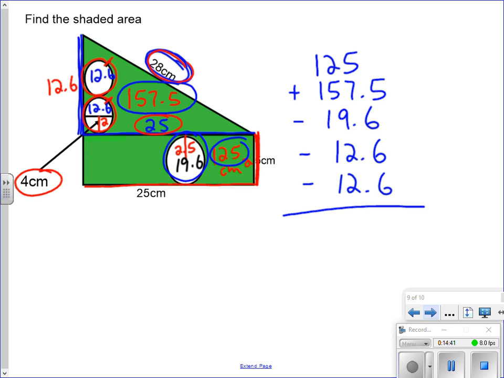That should give me my grand total. So let's see what we get here when I add them up. And I get 237.7